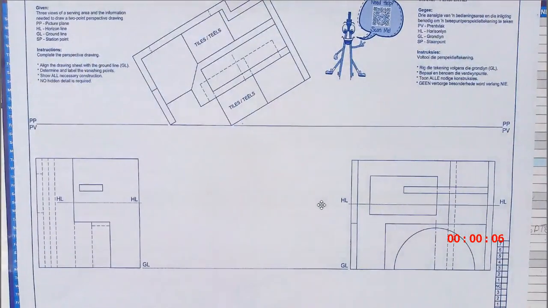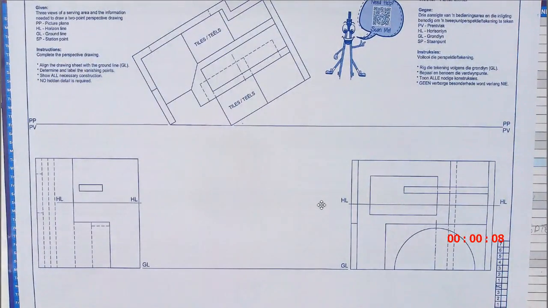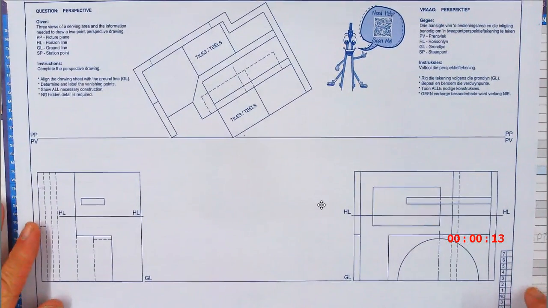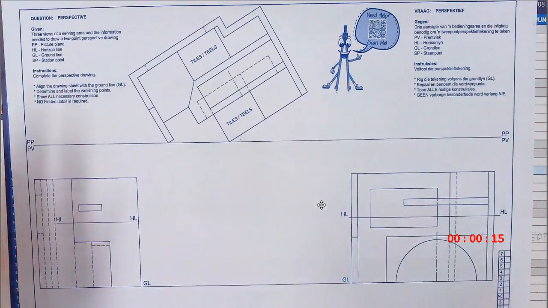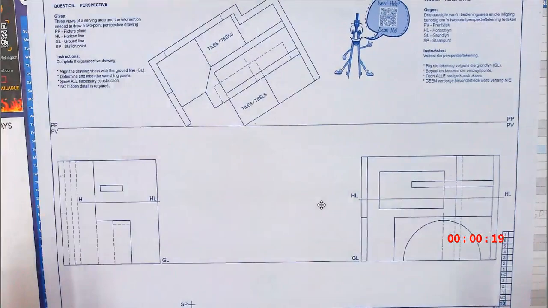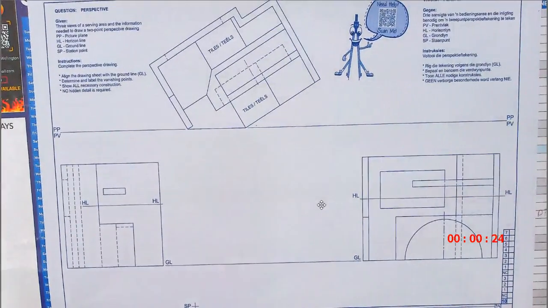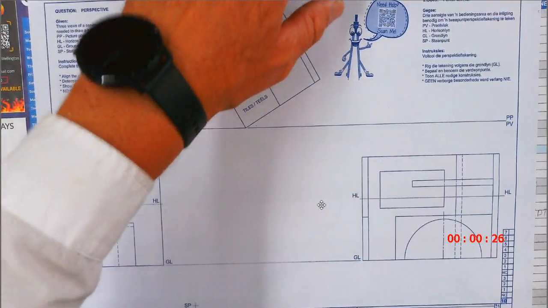Right, ons sal gou vinnig kyk na hierdie perspektieftekening. Dis in die JPEG boek, is bladsy 48. Hier's 'n paar goedjies wat ek net gou weer gaan deurhardloop. There's a few concepts that I'm just quickly gonna run through again, just to make sure that you guys understand exactly what's going on.